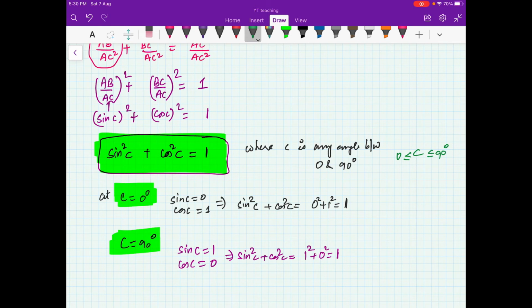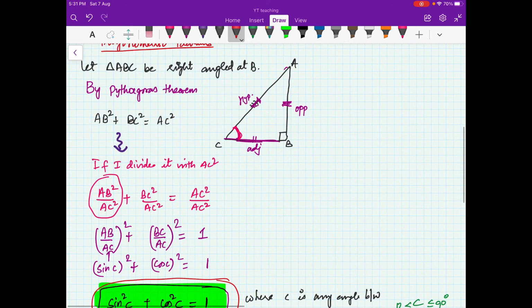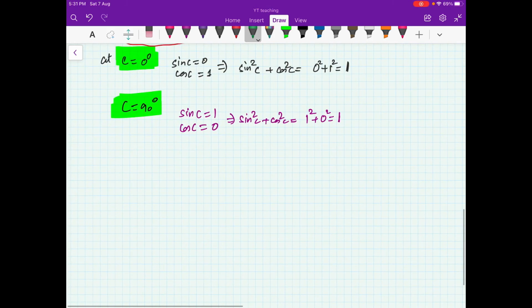degrees, right? And further you can extend it, I'm not doing that here, this is true for all the angles C. Whenever you see it in the book, you will see that this identity is true for all angles C, right? More than 90 also I'm talking about, right? But right now let us just concentrate on these angles, because in the triangle we are assuming that one of the angles is 90 degrees, then obviously the other two angles are going to be acute angles. Okay, so this is an important identity.